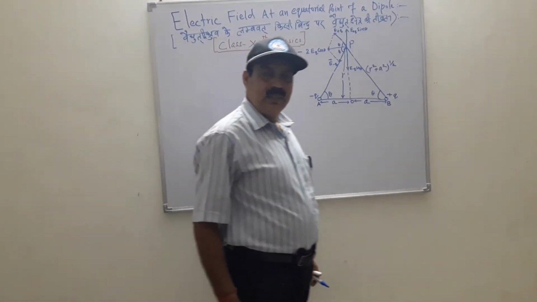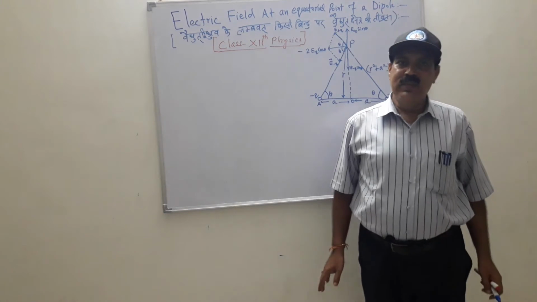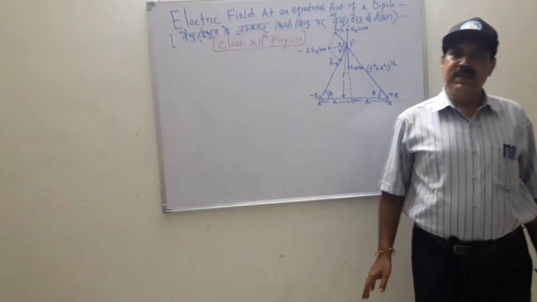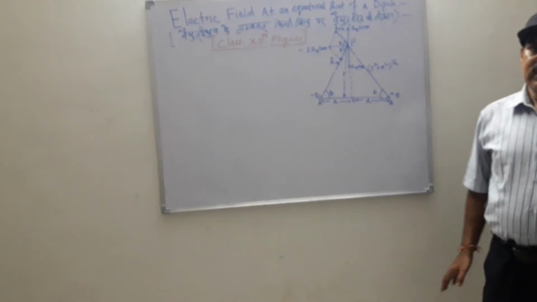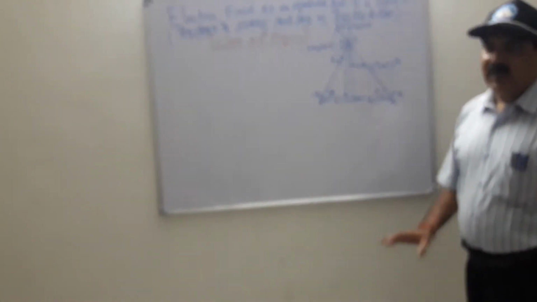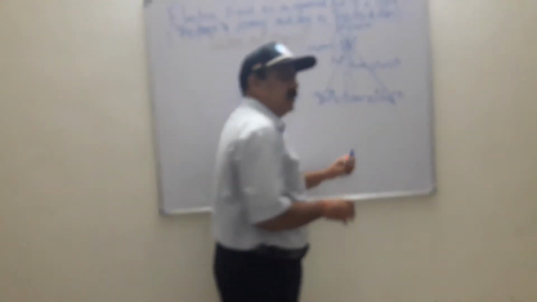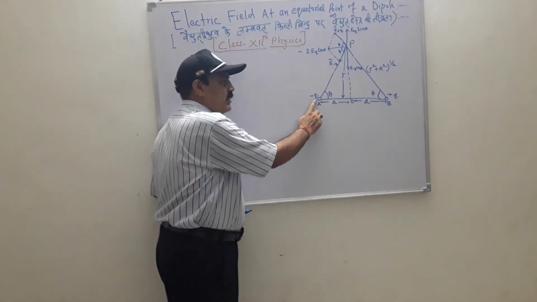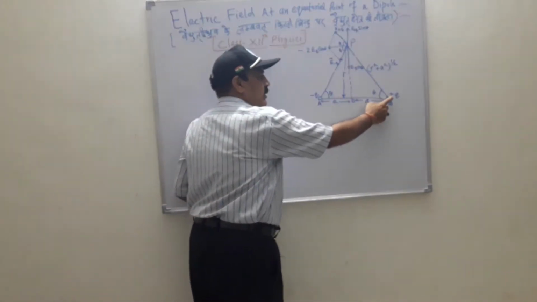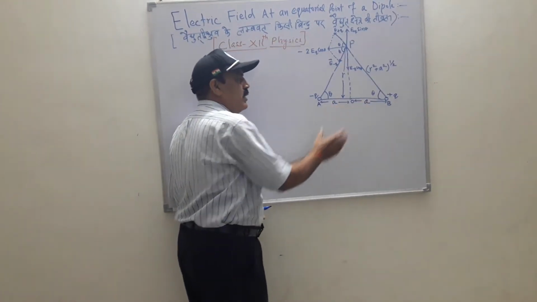Dear student, today we will discuss the electric field at a point on the equatorial line of an electric dipole. As per this diagram, there is a negative charge Q and a positive charge Q separated by a distance 2a,